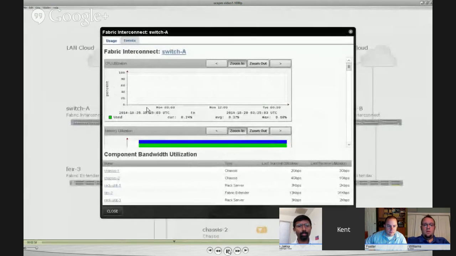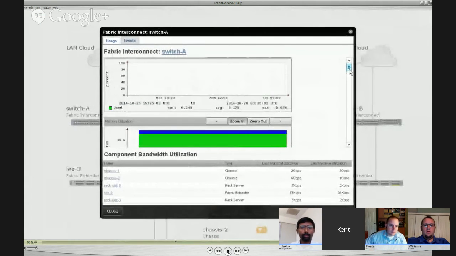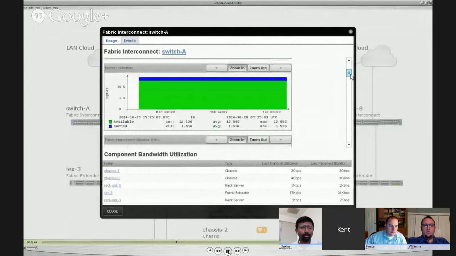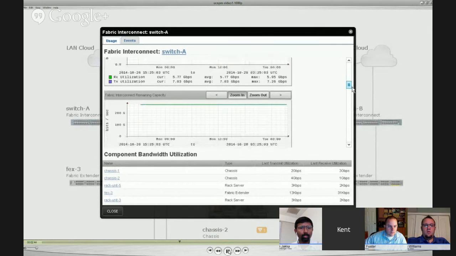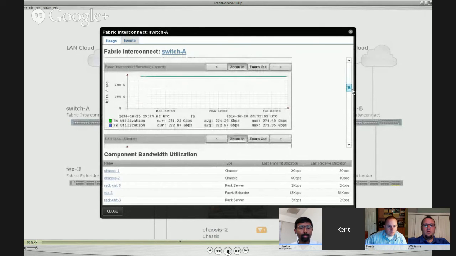So let's click into the Fabric Interconnect and immediately start seeing some things. So CPU and memory utilization of the switch itself. We can also look at the fabric utilization. Here we're looking at it in bits, which is nice. We're running what, 5 3/4 on the receive and 7 on transmit. We can look and see how much remaining capacity is. There's a ton of extra capacity on this domain. We can add more blades and more chassis for quite a while before we run out of capacity on the